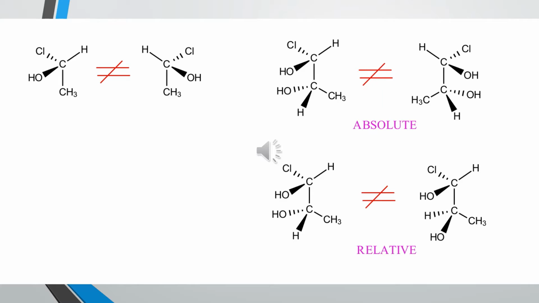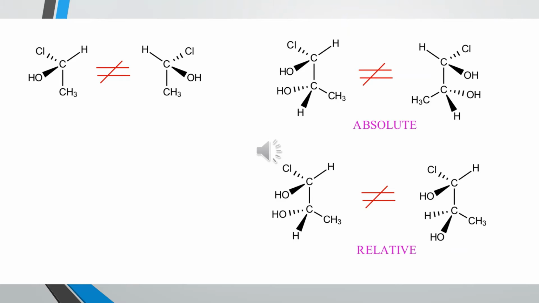There's a different internal relationship now within the molecule, and we call this relative stereoisomerism. And I will just say one more thing about this. Absolute stereoisomers, and the other name for that is enantiomers, have identical